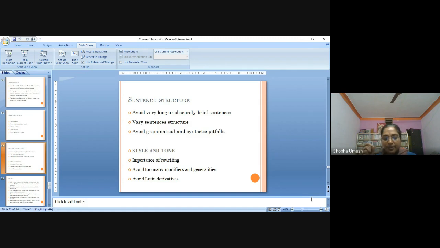So in the past, if you have read the texts which were written by Chaucer or Shakespeare and compare with present writers, you can see the changes in the derivations or the words, which have been replaced by certain diphthongs or vowel sounds. Such Latin derivatives, because Latin is a language which was spoken in the past but not in the present, have to be avoided in the present context.